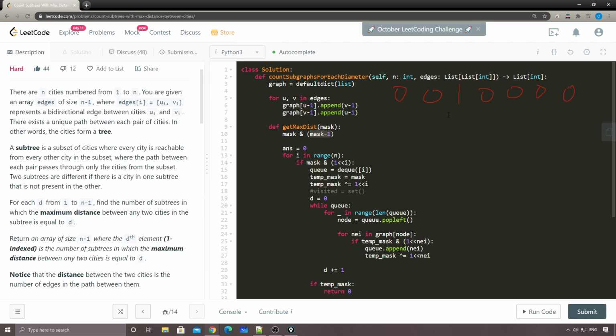If there's only one 1 in this mask, then mask minus 1 will have 0, 0, 0, 1, 1, 1, 1. This is because the most significant place of the previous mask, if you subtract 1, reverts everything after it. And if you do an AND here,